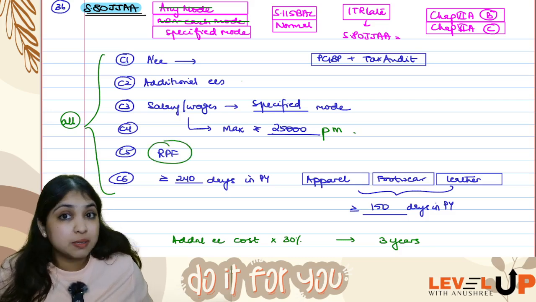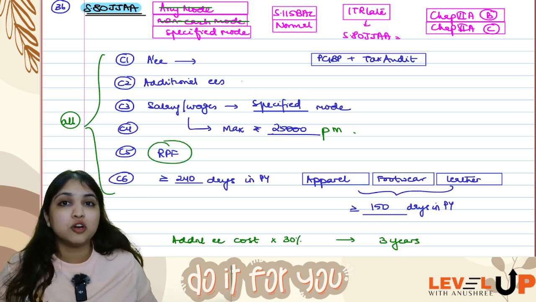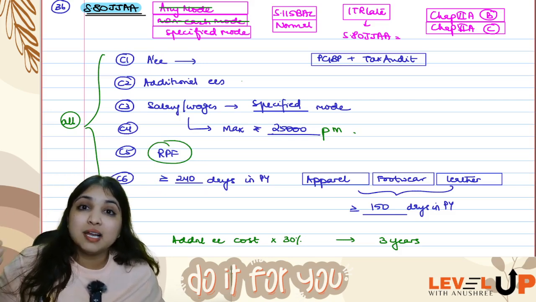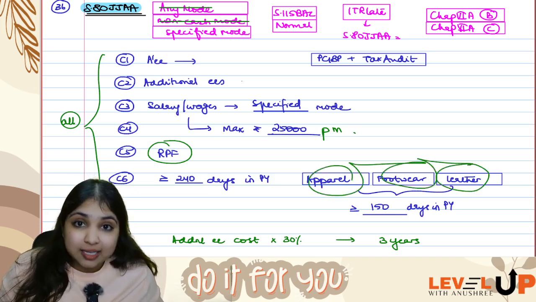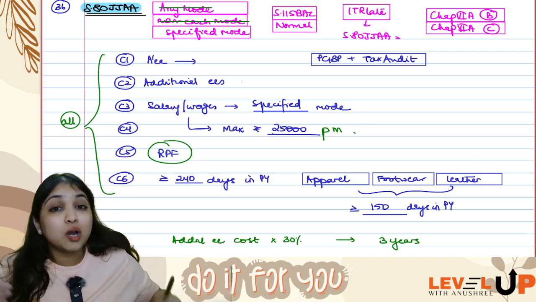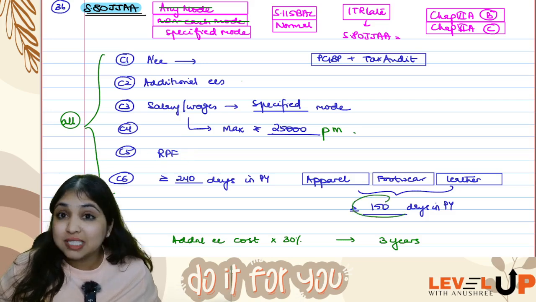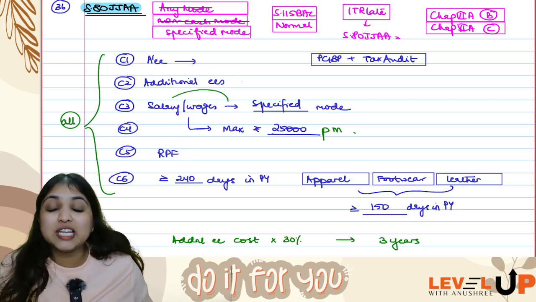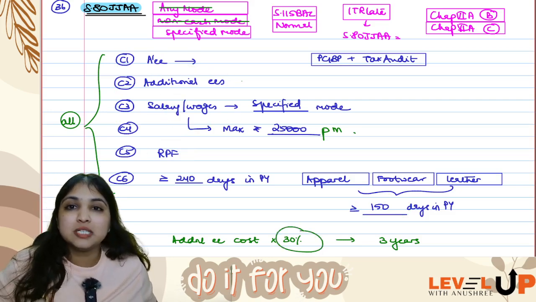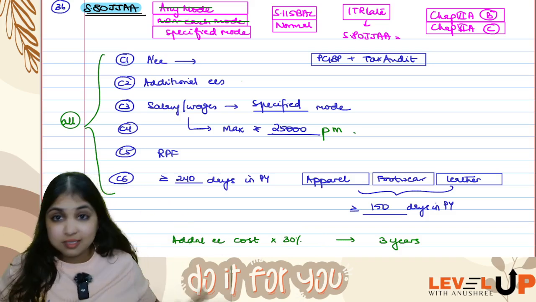Also, the employees must be participating in RPF. Also, the employee must have worked for us for at least 240 days in the previous year. But if the assessee is in seasonal establishments like apparel sector, footwear sector or leather sector, in these three sectors, I am not expecting employee will work for you for 240 days. Employee should work for you for at least 150 days. If all these conditions are fulfilled, to these additional employees, whatever salary you are paying, 30% of that you will get as a deduction across 3 years. 30%, 30%, 30% across 3 years.